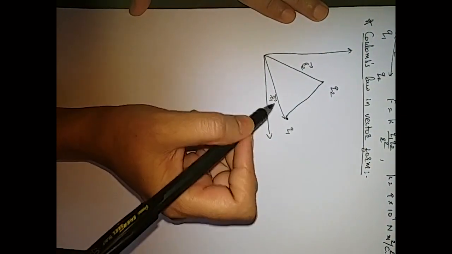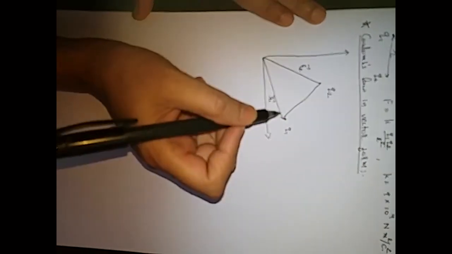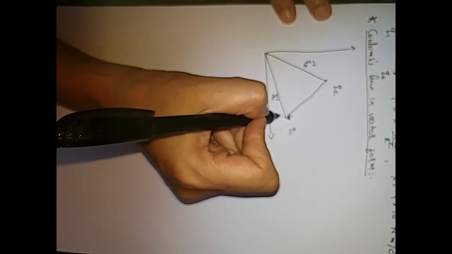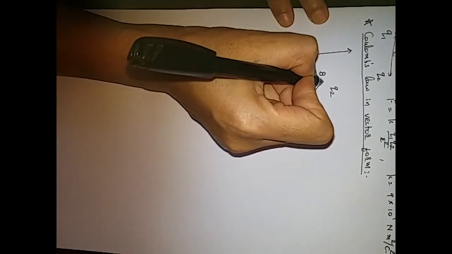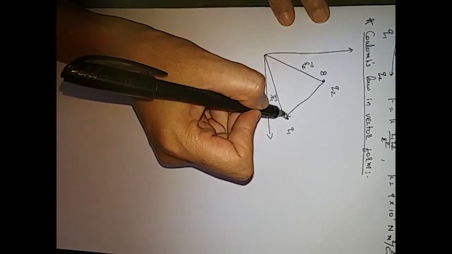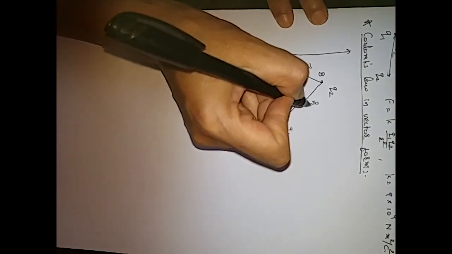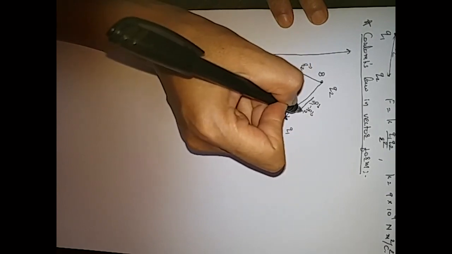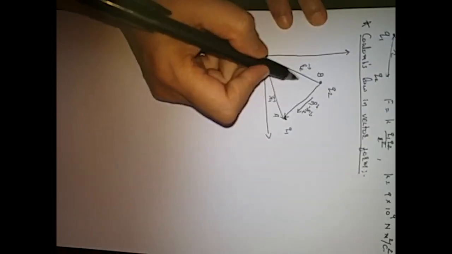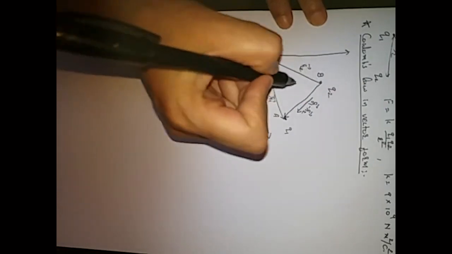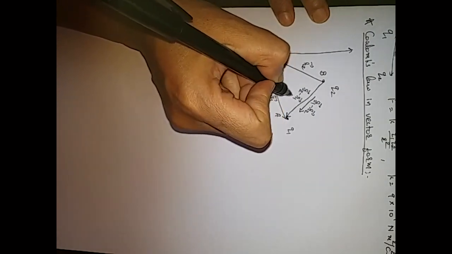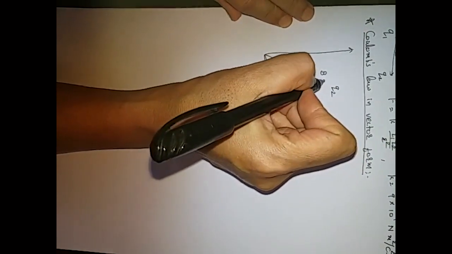Now if I consider this vector, this is my point A, this is my point B, from B to A, then this will be vector r1 minus r2. Its direction is this one. And if I consider the vector from A to B, then it will be r2 minus r1. Its direction is from A towards B. You had studied all these things in 11th standard.